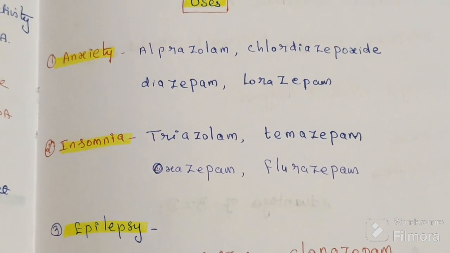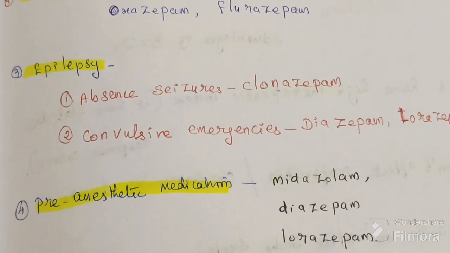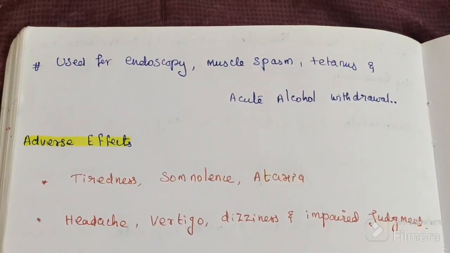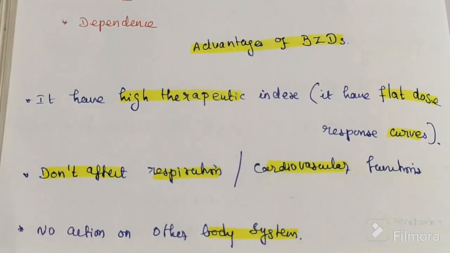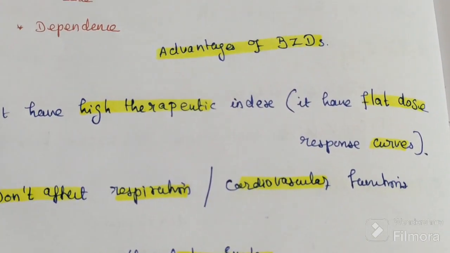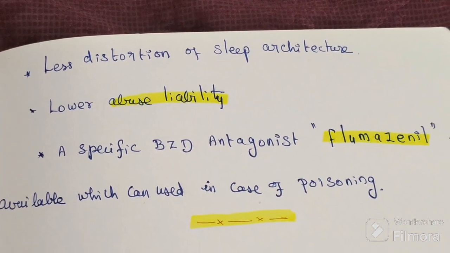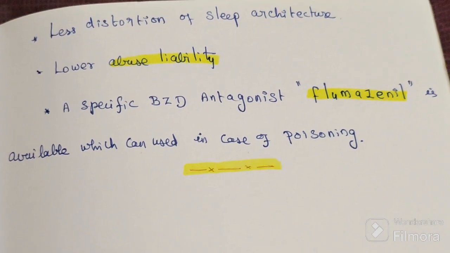Anxiety drugs, insomnia drugs, epilepsy, then preanesthetic medication. Adverse effects, then advantages: high therapeutic index, don't affect respiratory and cardiovascular systems, low abuse liability. Then we have